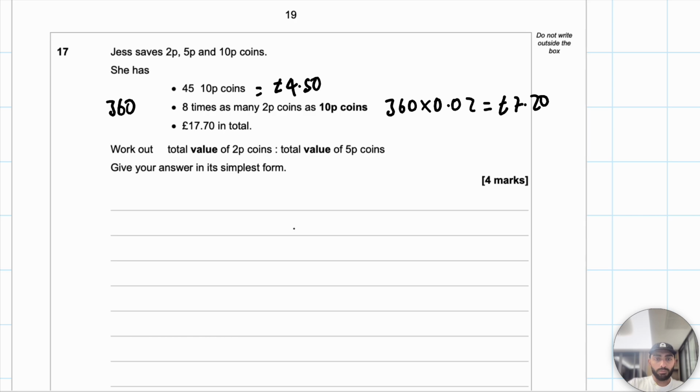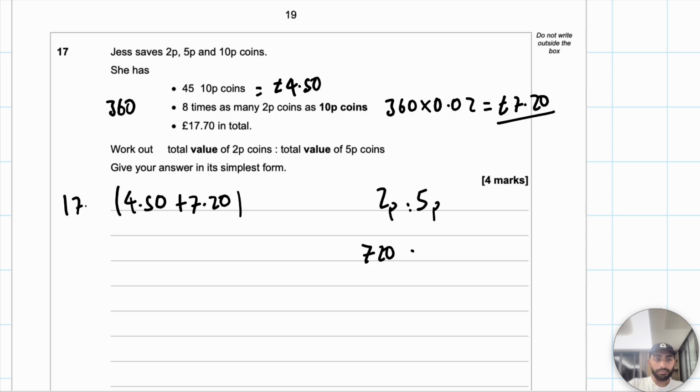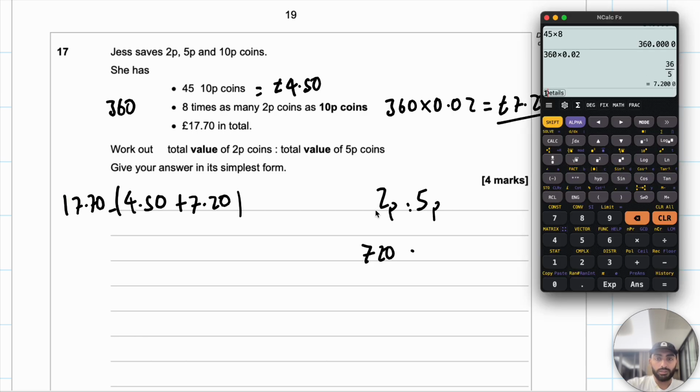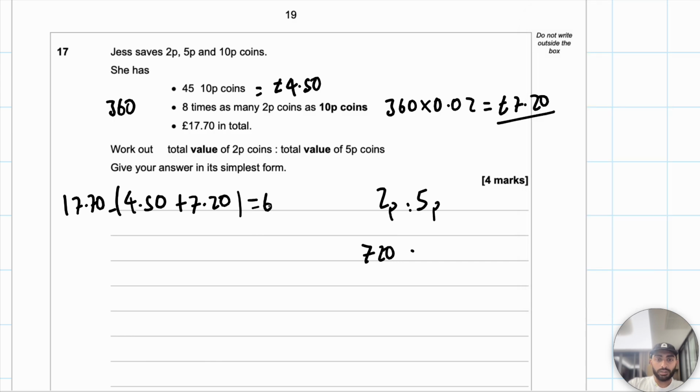Work out the ratio of the total value of 2p coins to the total value of 5p coins. We already know the value of the 2p coins is £7.20. I'll write it in pence for now, 720. What is the total value for the 5p coins? I know I've got 2p's, 5p's, and 10p's. I've got the 10p's already. I've got the 2p's there. And I need to take this away from the total amount, so £17.70. Let's work this out. So £17.70, take away £4.50, take away £7.20, which gives me an answer of £6 or